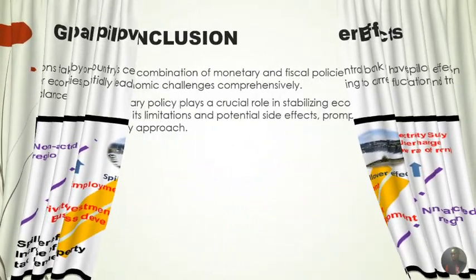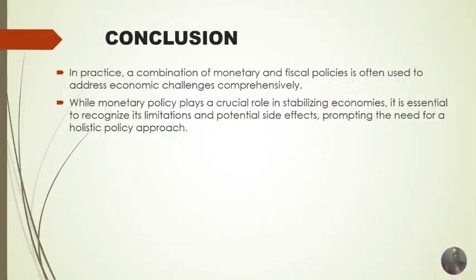And looking at our conclusion, in practice, a combination of both monetary and fiscal policy is often used to address economic challenges comprehensively, because monetary policy is controlled by the central bank and fiscal policy is controlled by the government. So there's a need for government to step in to address some of the economic challenges. That's why we need a combination of both these policies to be able to address them. While monetary policy plays a crucial role in stabilizing economies, it is essential to